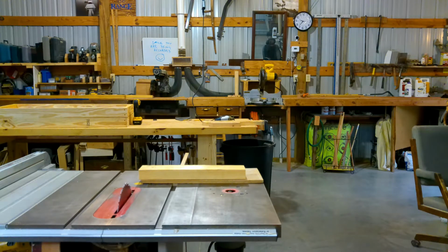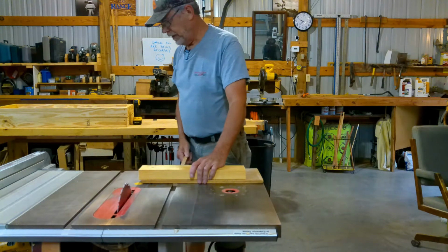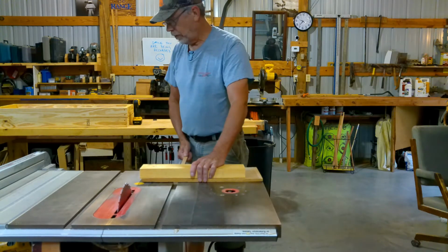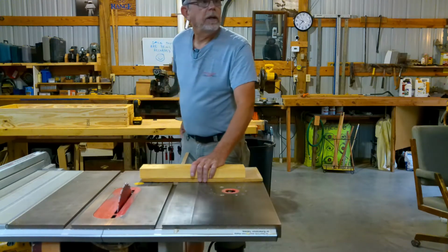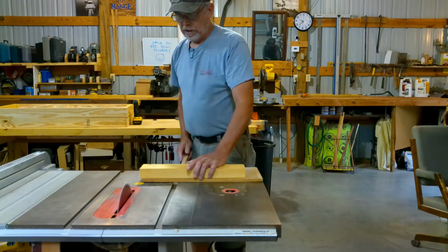But this is it. I have taken all the guards off just to make this a little bit easier to do this. But this makes a pretty good push stick, and you can control it pretty well. So we'll go ahead and fire up the dust collector. Hopefully not too much noise. And you simply